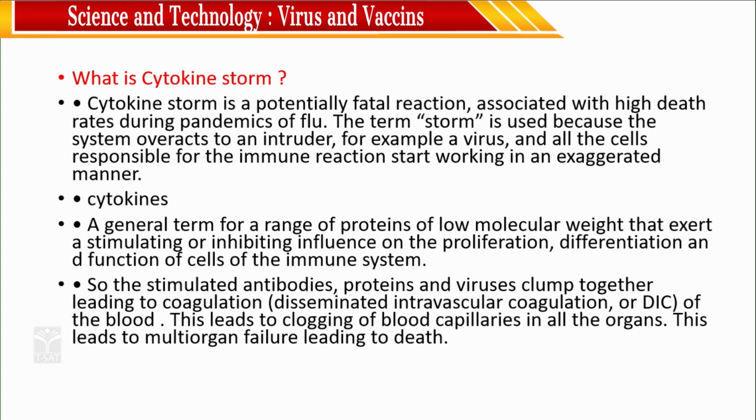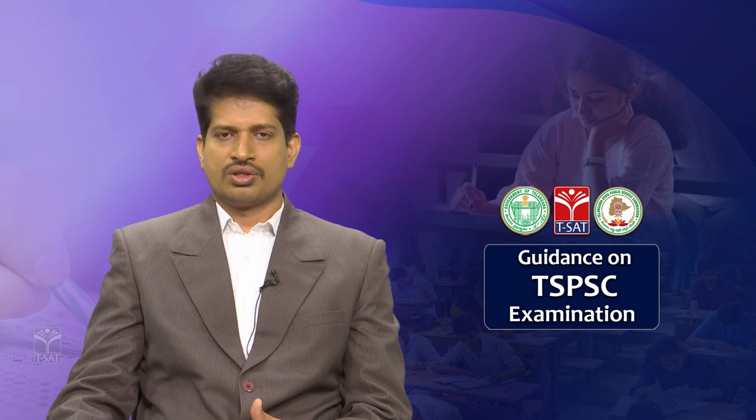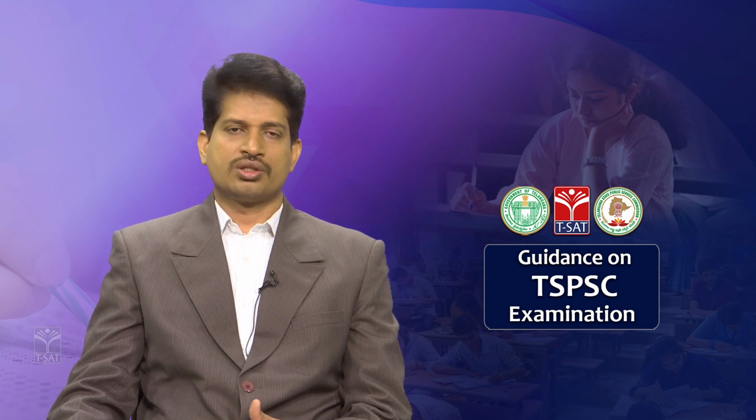So cytokine storm we have discussed. Cytokine storm is the abnormal release of viruses and antibodies and protein molecules to counter the virus attack, and clumping up of these leads to blocking of capillaries, leading to arresting of oxygen to the organ systems, leading to failure of organs and death. This is what about viruses, and we are going to meet in the other session discussing